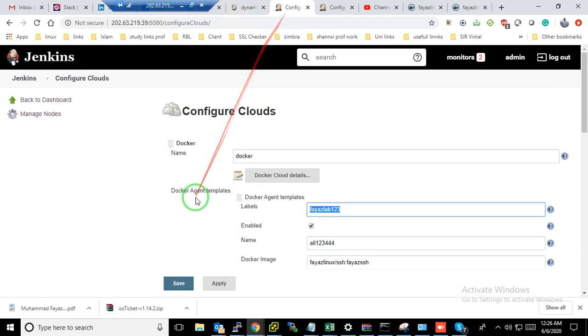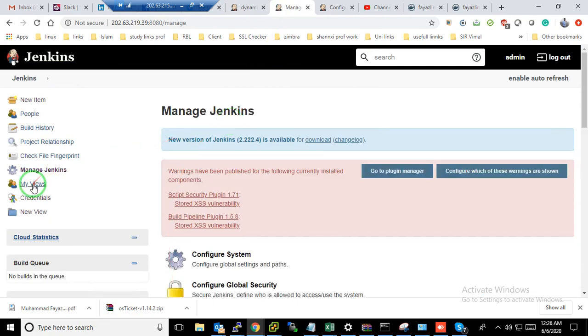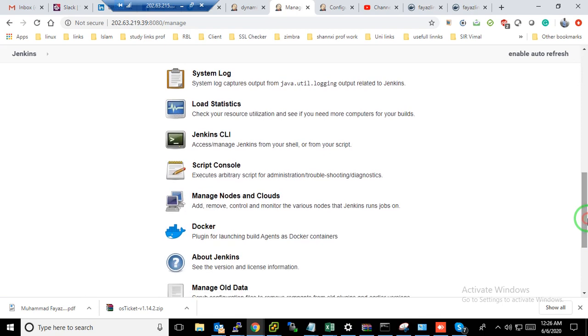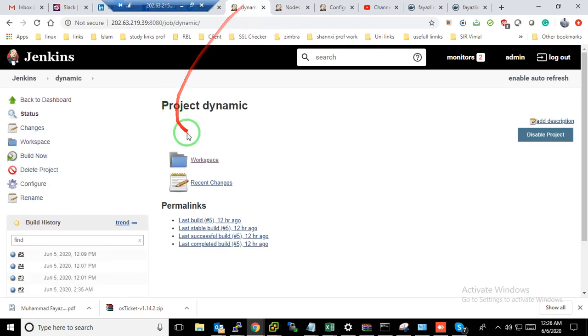Come here, and I want to show you a live one. So let's go to this node. Here the dynamic slave node will come up, where this job will run, because we have created this job.